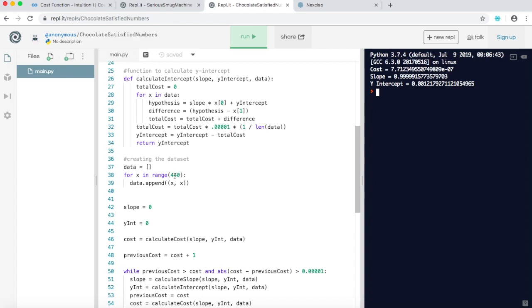Now let's say I add 700. We can see that the slope is still pretty much the same, and the y-intercept again is now negative. And now again we can see that with more data, the slope is very off and the y-intercept is very off. That is why I say the numbers are arbitrary,